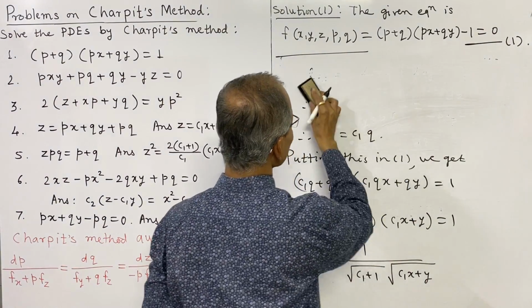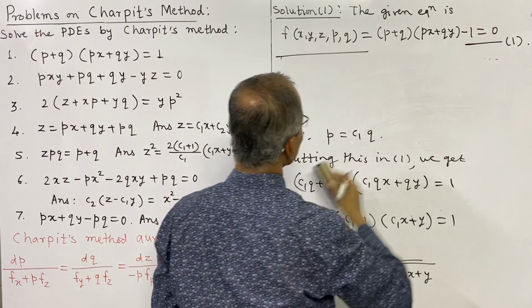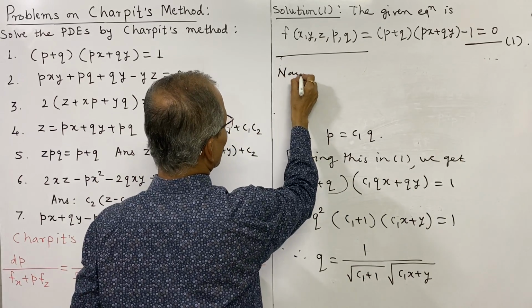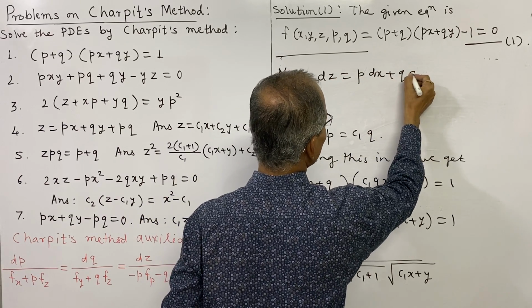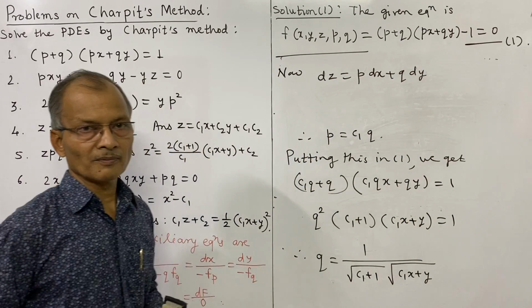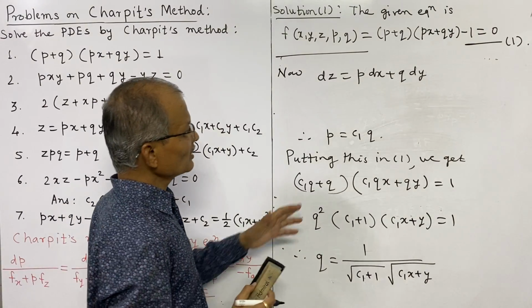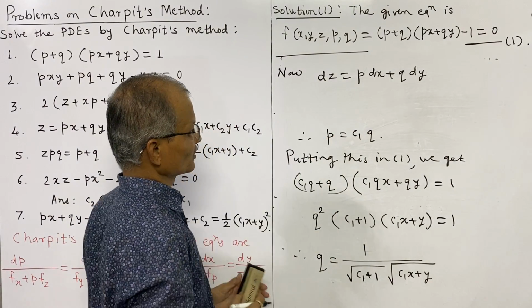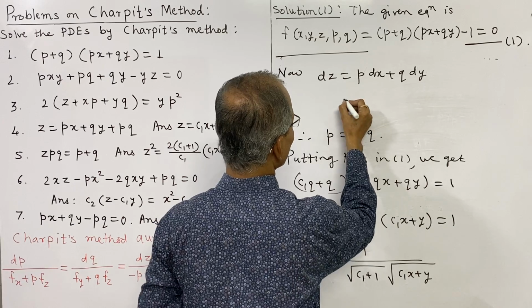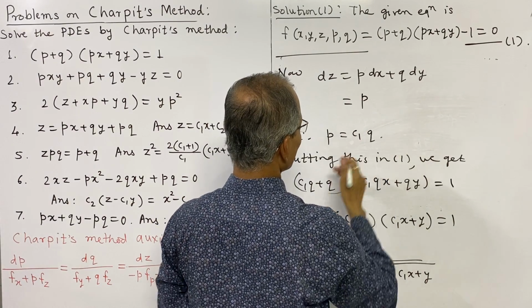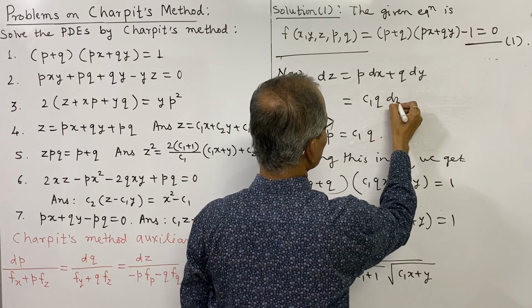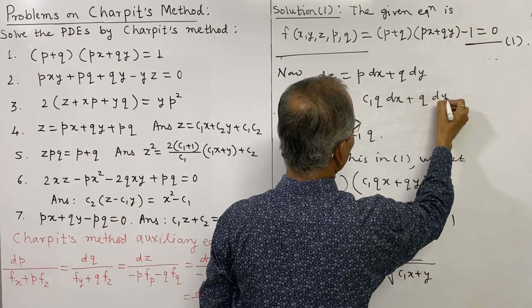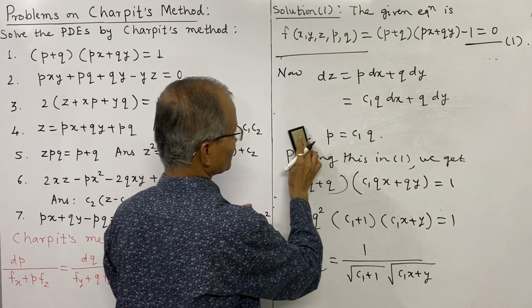Now we write the differential of z. Now dz is equal to p into dx plus q into dy. This is fixed. Differential of z, and put the value of p and q in this differential. P is c1 into q, so first we write c1 into q into dx plus q into dy. Q is common,